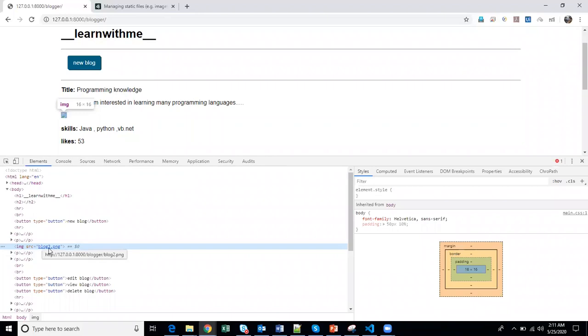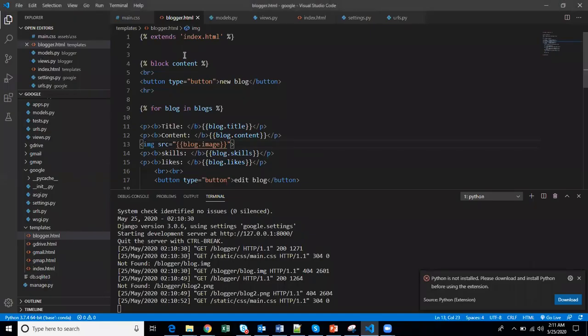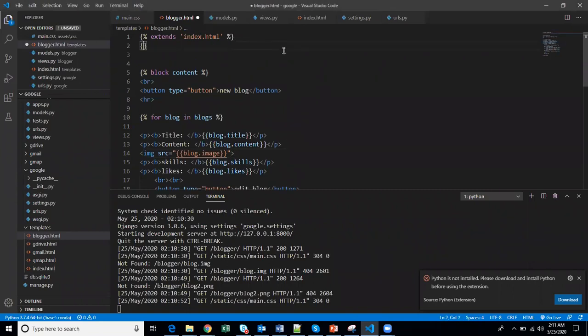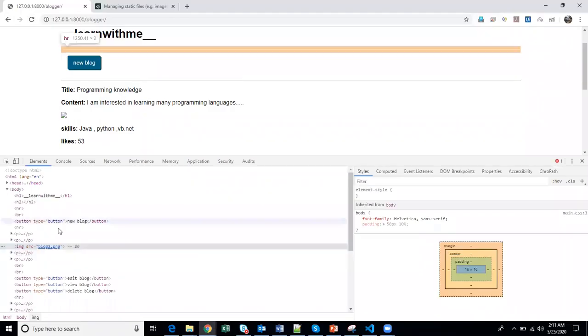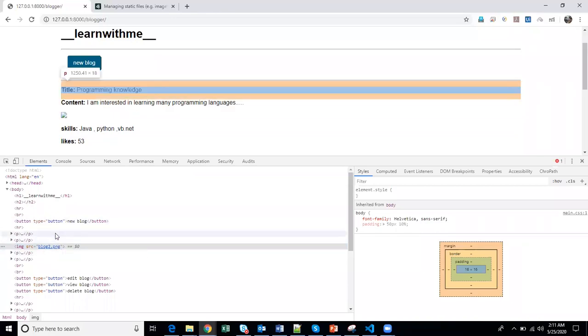It is blog.image, but it didn't call the static file. Maybe we'll have to include load static. Let's check. Load static. We had included load static also. Still, it's not working